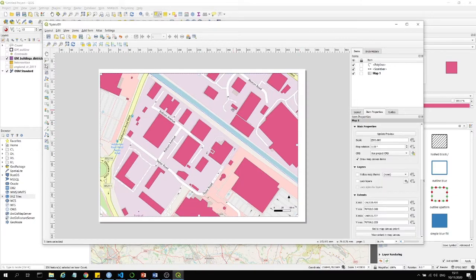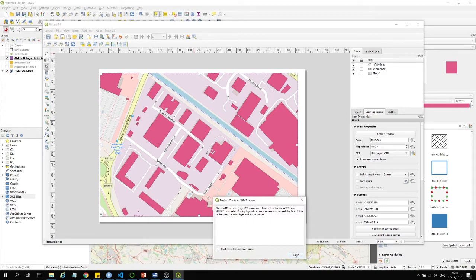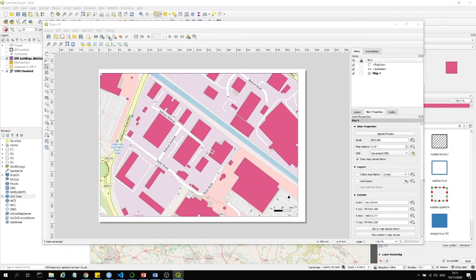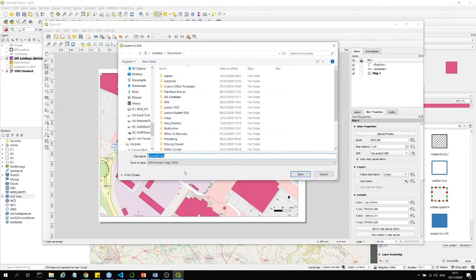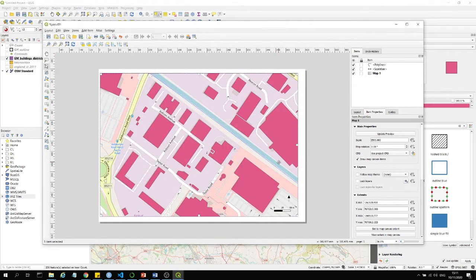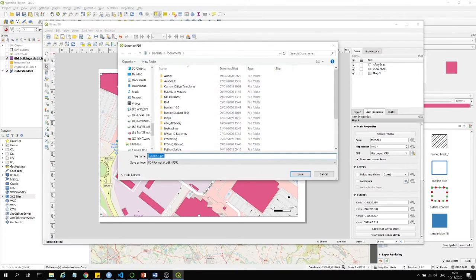And then once we have this, what we can do is we have these two options here, and this one's export as SVG, which is vector graphics. Close, do that again, and we can choose where to save that, and you can easily open this in Illustrator. It's a very common format for vector geometry. And I can also use this export as PDF as well if I want to export this file as a